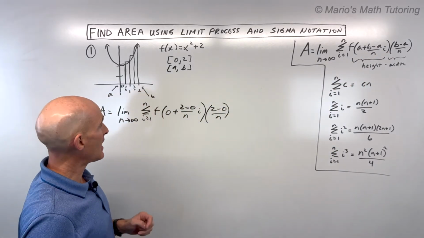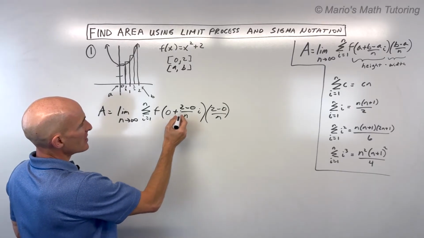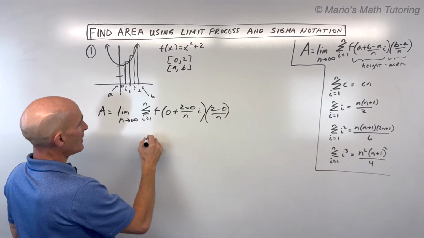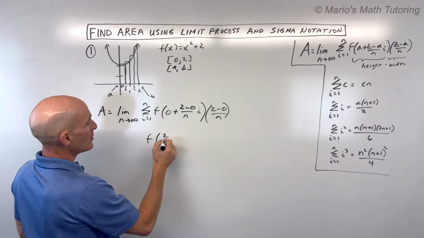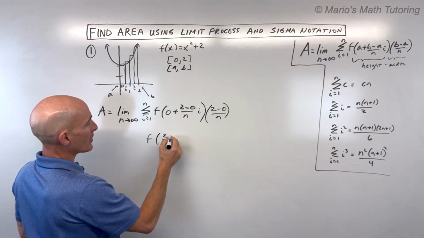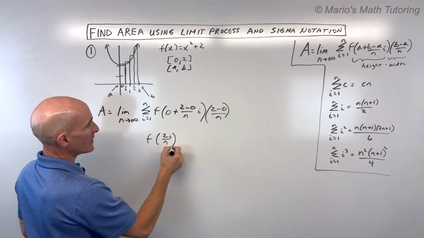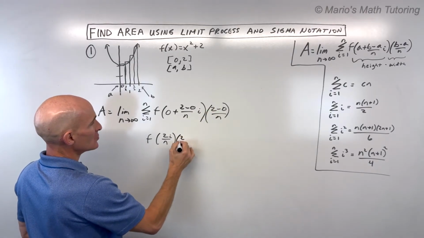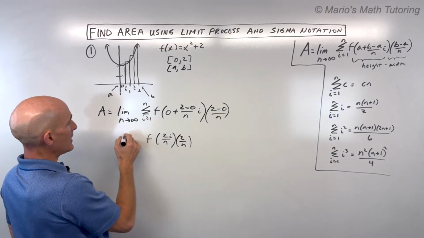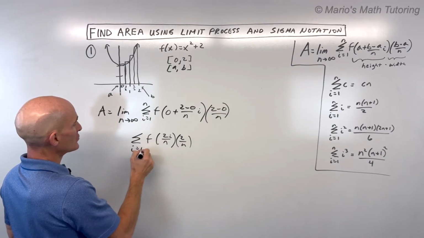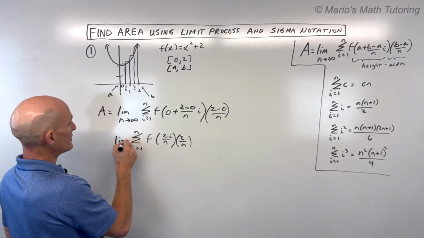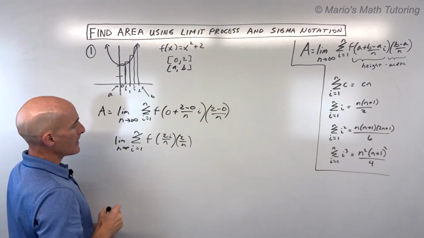Now, if we simplify this down a little bit, of course, 0 is nothing, 2 minus 0 is 2, so we're getting f of 2 over n times i, or I could put the i in the numerator, 2i over n. 2 minus 0 is 2 over n, and then we have our summation, i equals 1 to n, and we're going to take the limit as n approaches infinity. Okay, now,